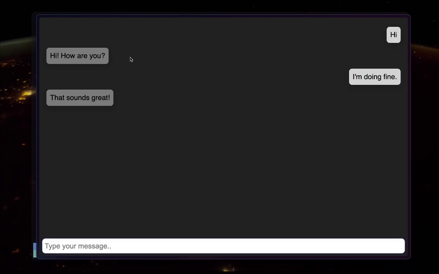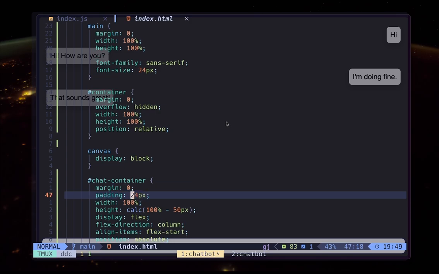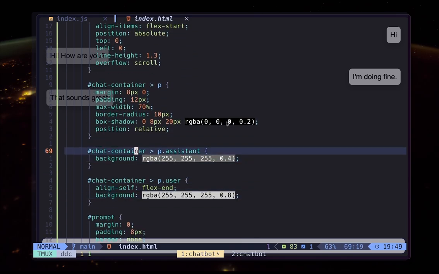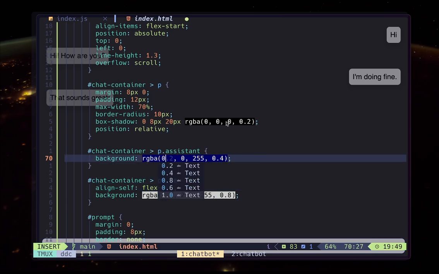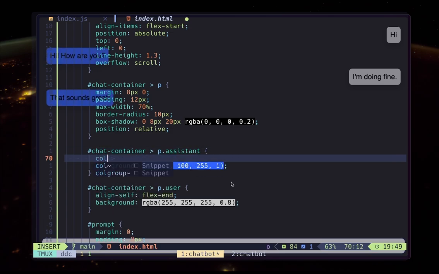And of course, you can update these colors, these chat bubbles. So if you look inside, we have 2 different types of paragraphs. One is a paragraph with class assistant, and the other is a paragraph with class user. So these are the background colors. So if you want to change it, then maybe you can change it to something more blue. I reduced the opacity, but you can just make it completely opaque,